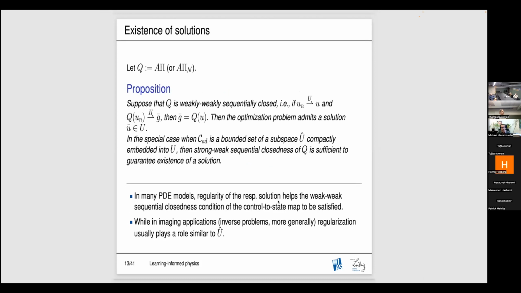And then if this Q is weakly sequentially closed, meaning if you have a weakly convergent subsequence U_n to U in the